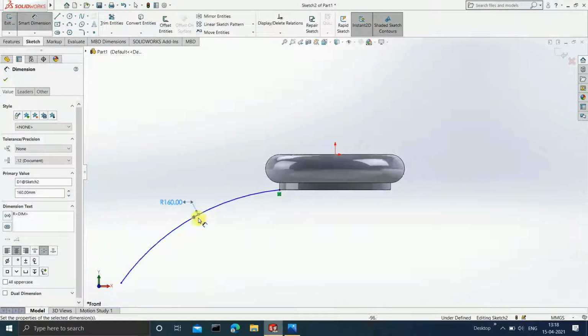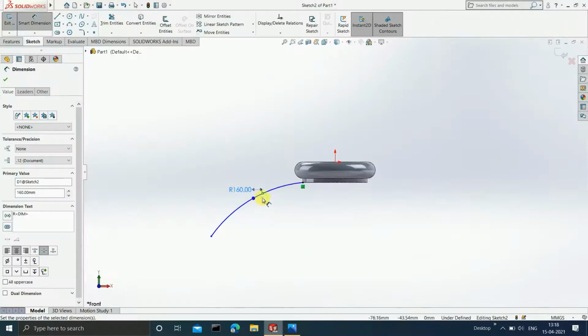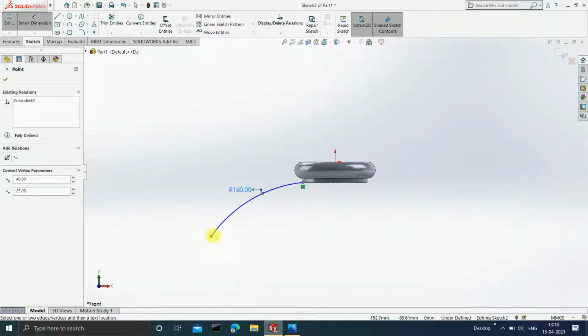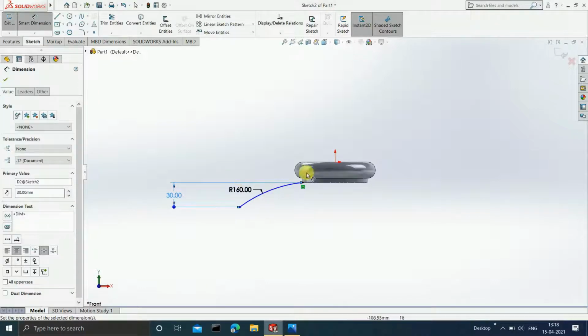And one more dimension that you must observe over here is that the distance from this particular point till here is 30. So let's give the dimensions from this particular point till here, and the vertical dimension is obviously 30. Okay, see, now it is done.